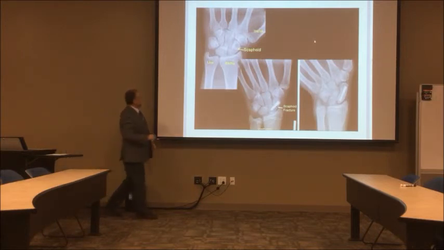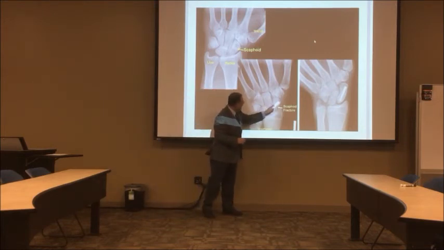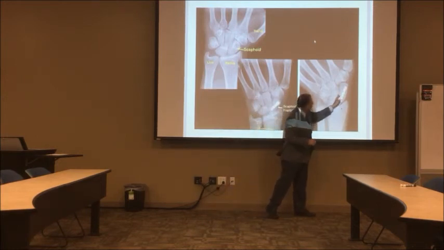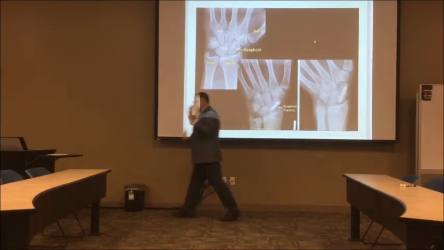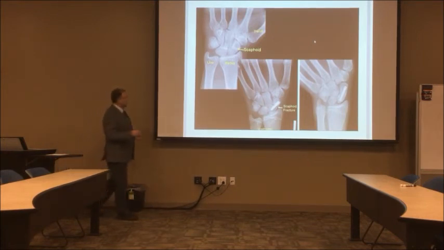An example of a fracture of the scaphoid at the waist, you can see the line here. A screw was placed here just to hold it, and it seems that it healed pretty well. Another important thing,